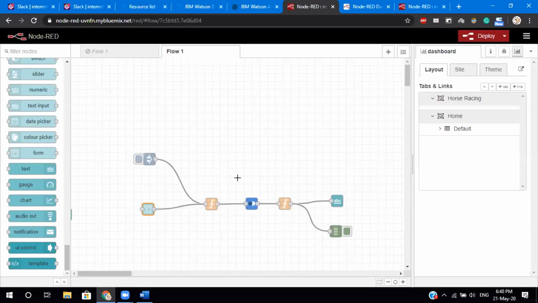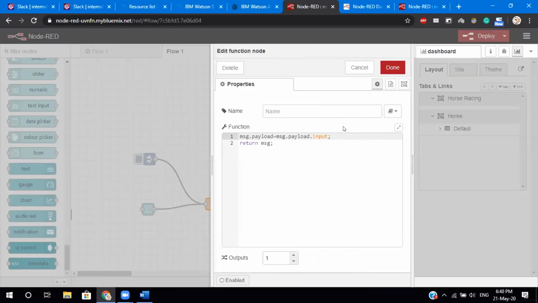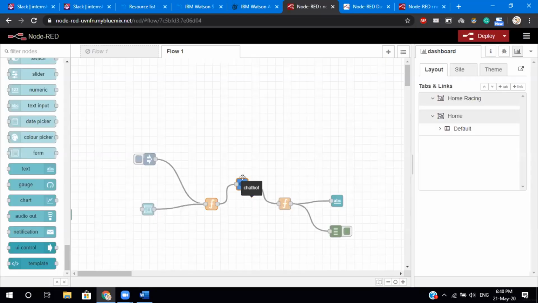It will come to my function as msg.payload, but I've given the variable name as input, right? So I'll be able to grab it from msg.payload.input, and I'm going to initialize it to msg.payload itself. This is the most important thing.